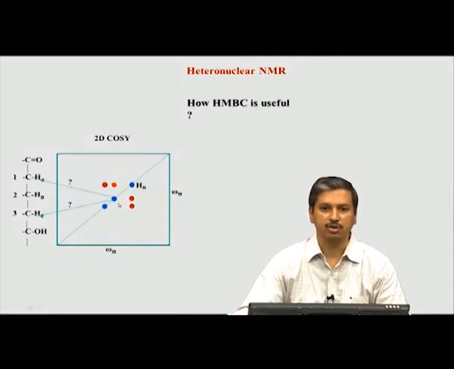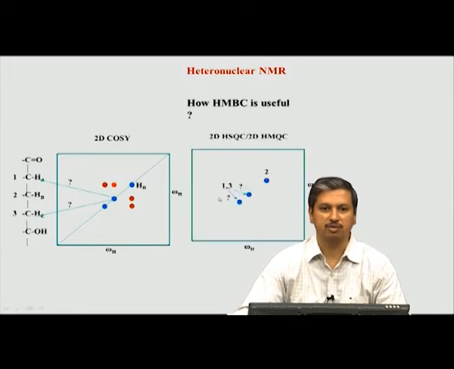and that information really helps to find out which peak will correspond to which atom. So, in this example we have 2D correlation spectroscopy, that is COSY, but you can see this is also not sufficient. This is not giving me a clear picture of which atom belongs to which peak and vice versa. Okay. So, how do we solve this problem? We will see that HMBC helps us here.